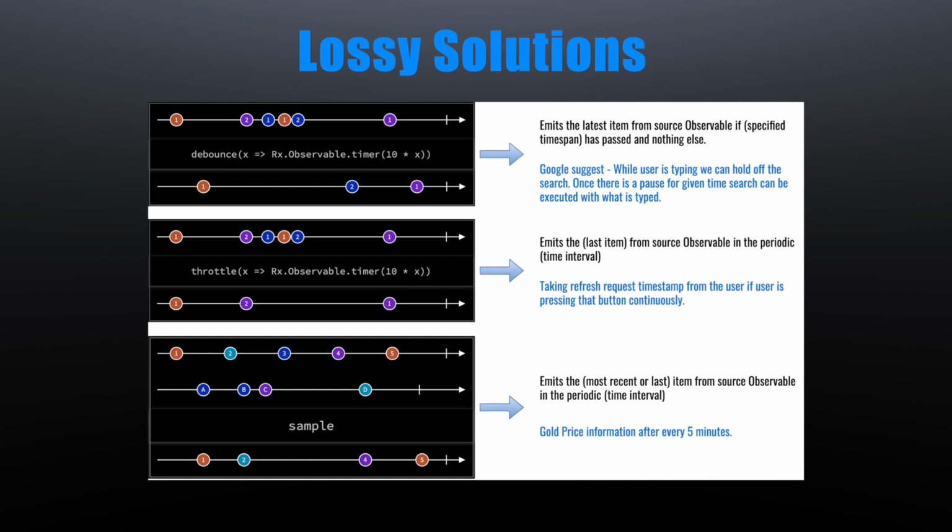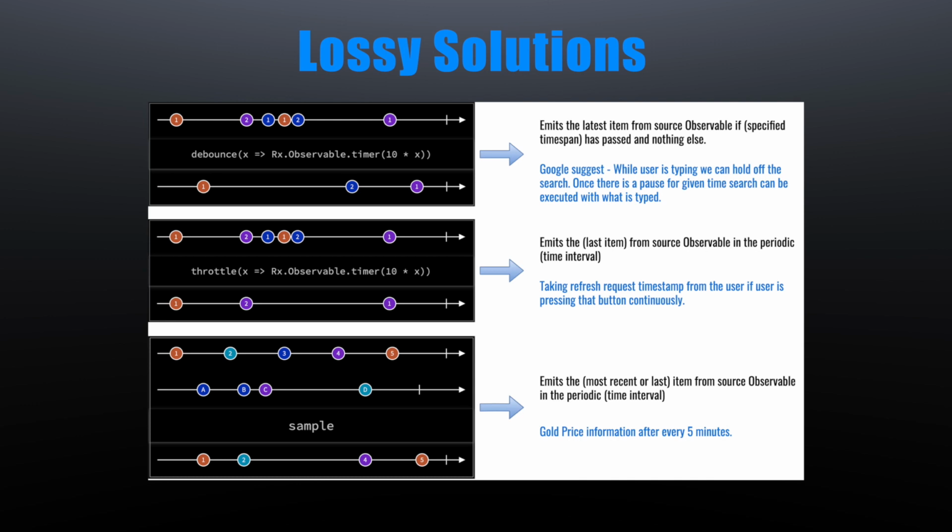The debounce operator basically waits for the observable to stop before emitting the latest value after the given time interval. And throttle basically keeps on emitting the latest value from the observable within the given time interval. We can understand these two statements in a better way with the help of an example. Suppose you have a screen, and on that screen you have a button, and on pressing that button some statement gets printed.